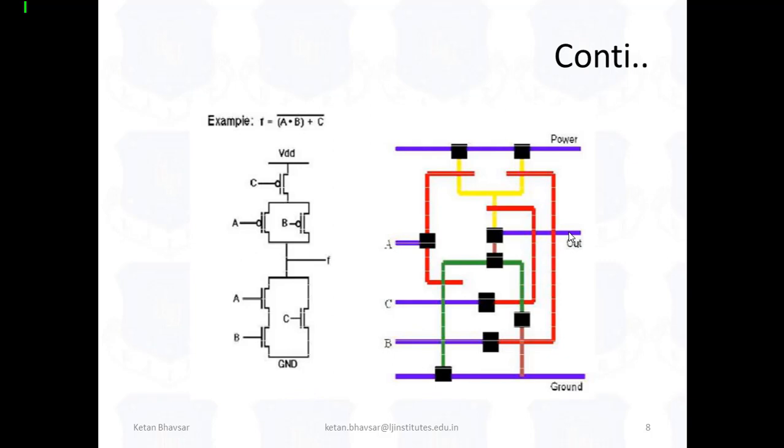So basically the stick diagram plays a main role, and we can also design this type of stick diagram in backend tools, because as I told you, VLSI has two main sections, front end and back end. When we're talking about front end designing, we are talking about VHDL, Verilog, System Verilog, OVM, UVM methodologies. But when we move to backend design, we're talking about CMOS or transistor level design. So we can also design this in the Cadence tool, and there are a number of other tools that we can use, like NC Spice, P Spice.